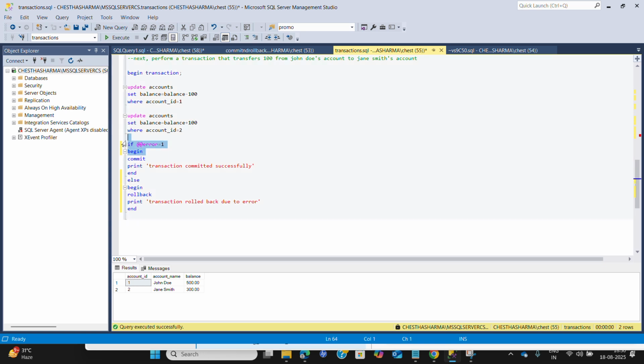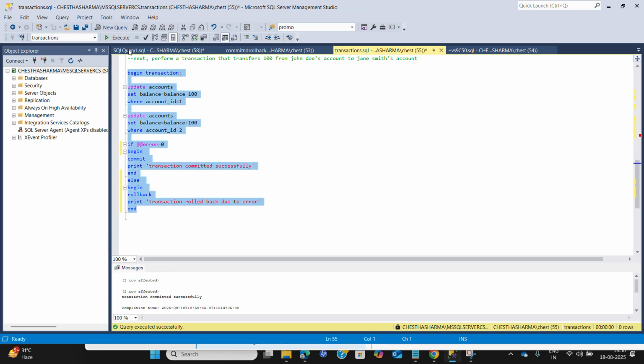This IF, BEGIN, and ELSE come under the syntax of the IF statement. To write a transaction, we should write BEGIN TRANSACTION, the update statement, and after that COMMIT or ROLLBACK. The IF statement is optional, that's as per the problem only. So if the error is zero, then it will commit. If there is an error of one, then it will not commit.